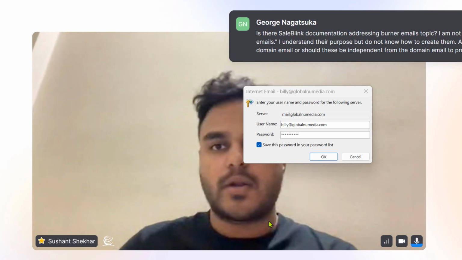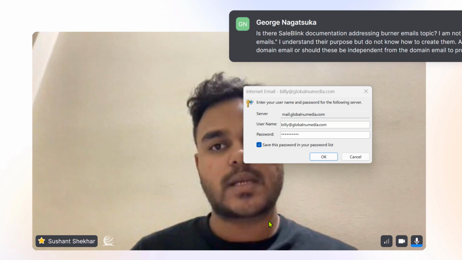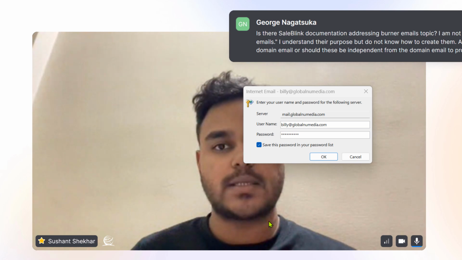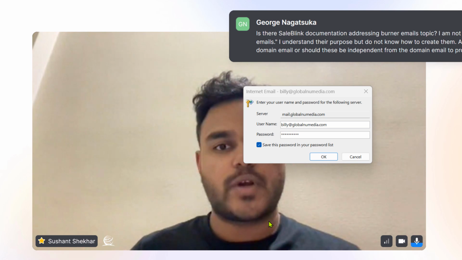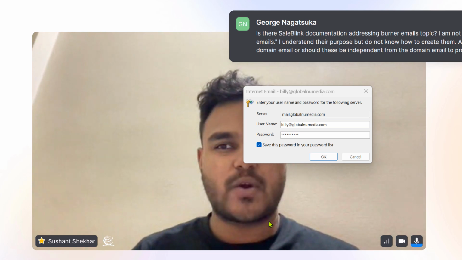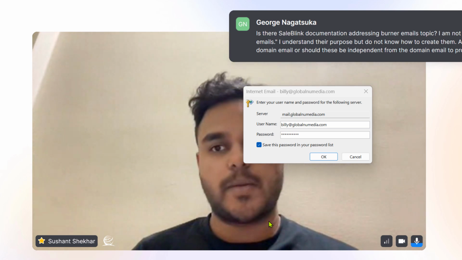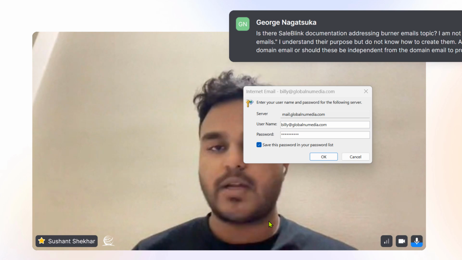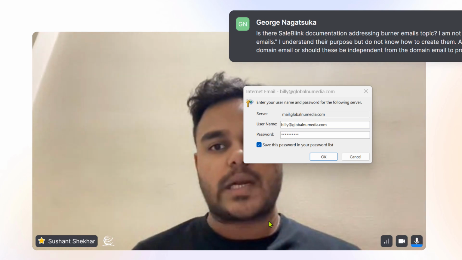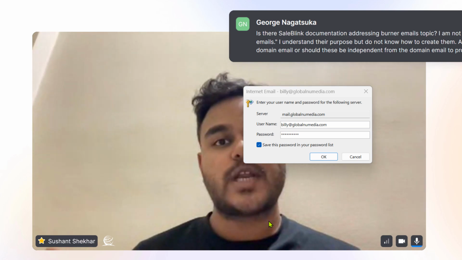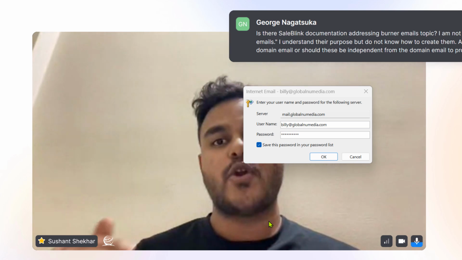So George, for those who do not understand what burner emails are, burner emails can be thought of as email addresses that you would just use once and you don't care what happens to them if they go to spam later on or whatever. So ideally you should not use burner emails, honestly. What you should rather do is get a new domain and set up your email addresses on that domain. Maybe you don't care if that domain gets burned,